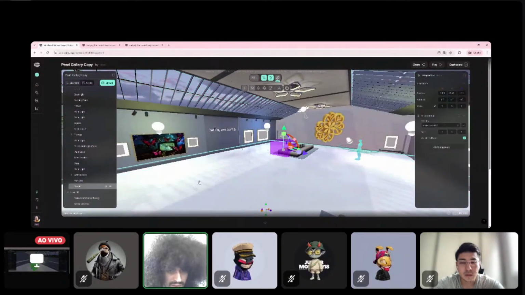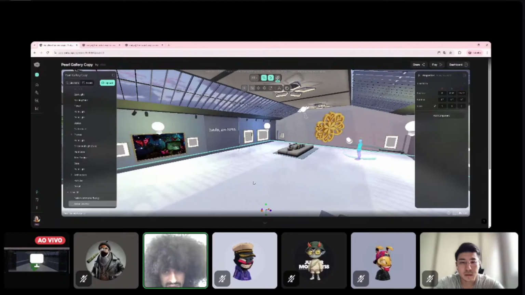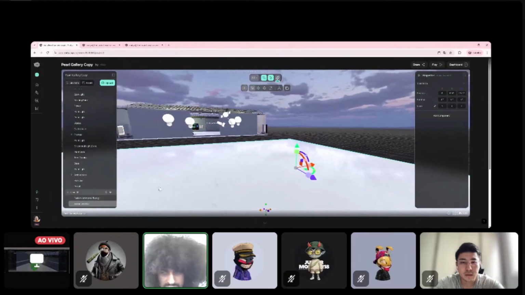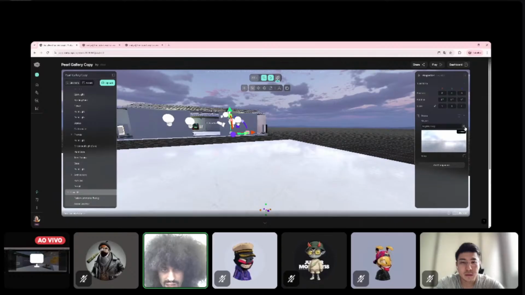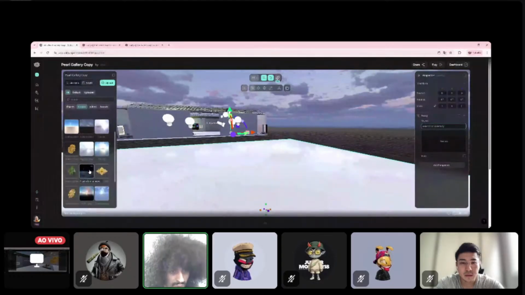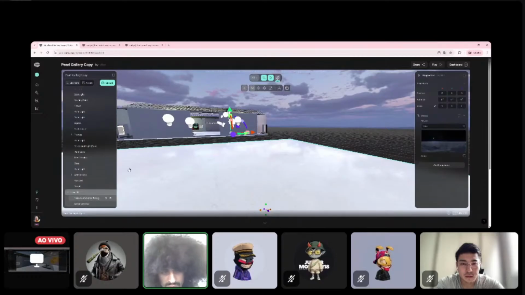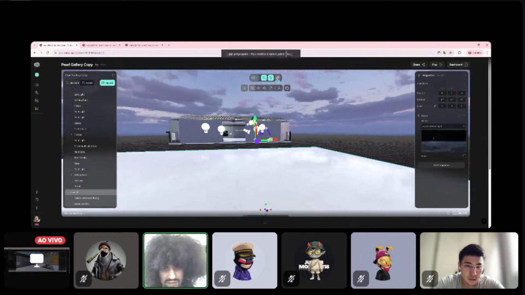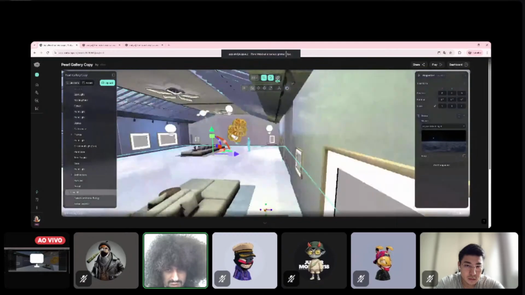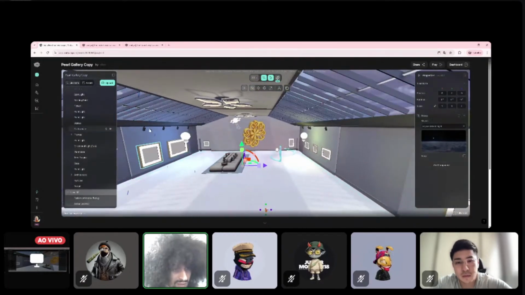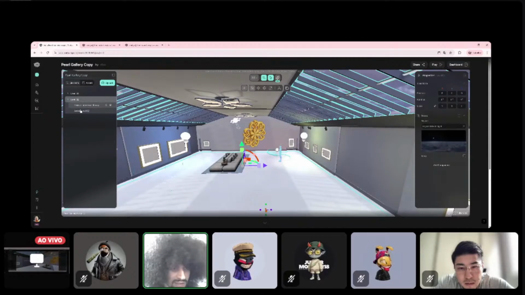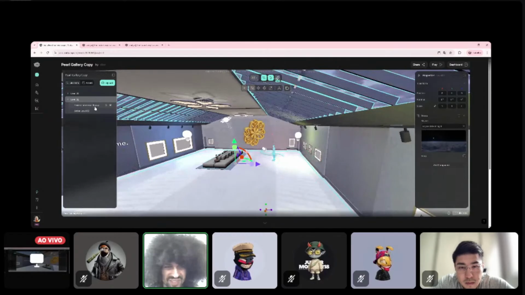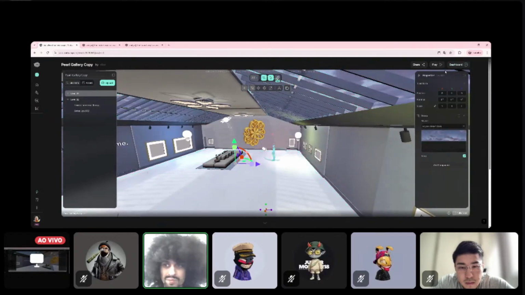And now, if I enter this portal, as soon as I appear in here, it's supposed to change the skybox to this one. Let me even pick one that is more different, like this night one. It's supposed to change the skybox, and I'm supposed to not be able to see any of those. Like I said, it's been a long time since I used this component. It's actually kind of tricky to show you guys, but if it works, it's gonna be nice. If not, I'm gonna be sharing the video of it working as soon as we fix it. But let me play here.